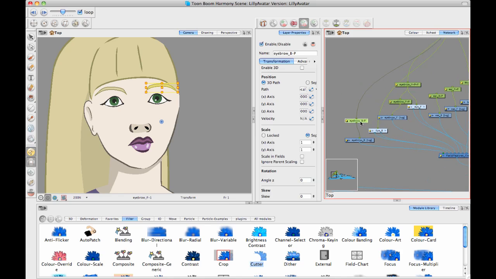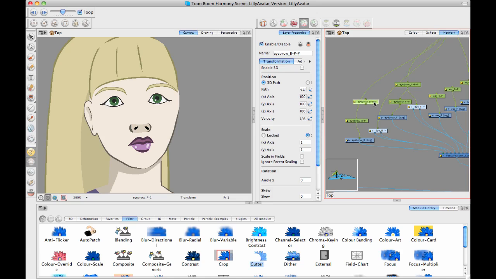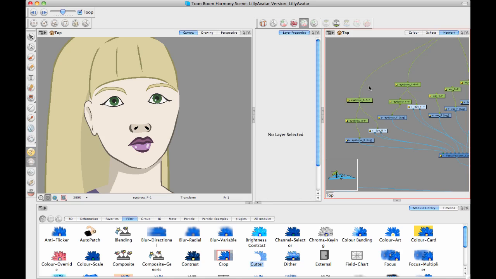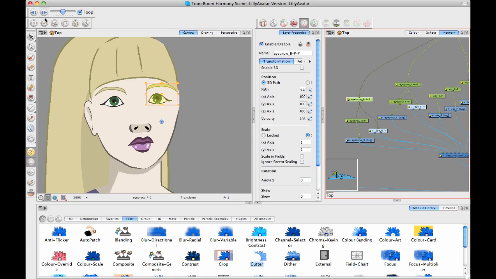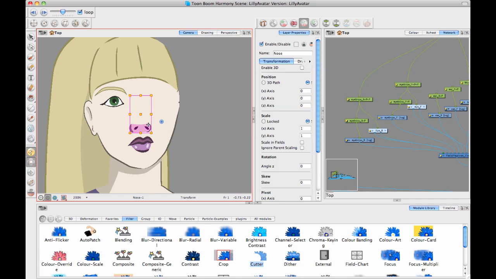So then I can do the same thing on this eyebrow. Control P or Command P to add a peg there in your network, Alt to slide it in, and then you can snip that in there. So now I have this extra level of control that I can use to animate these guys. And so now as I animate this off the edge of the face, of course that one's going to get smaller. And then as I animate the nose off the edge of the face,